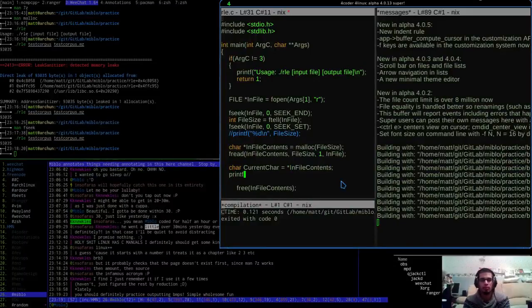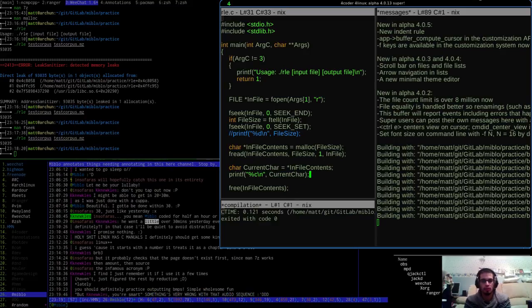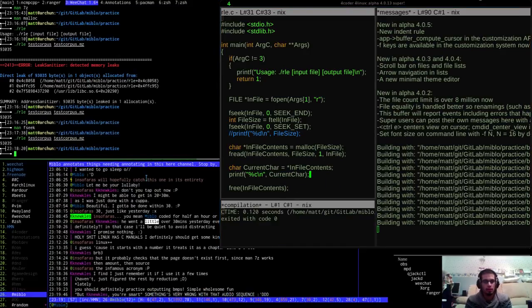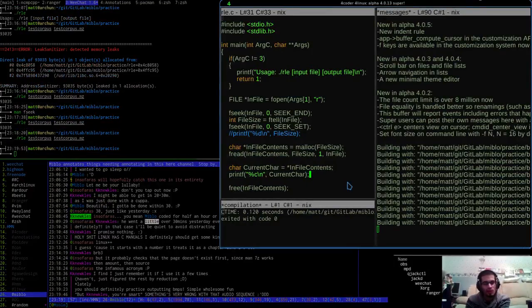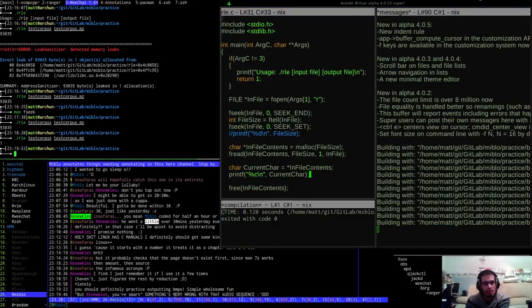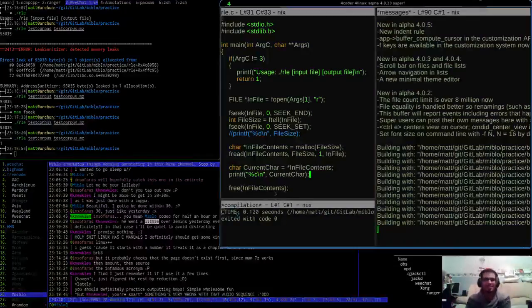And let's just try and printf the current char. Demonstrate practice at putting bitmaps. It's true, Knuckles, it's true, you are smart.